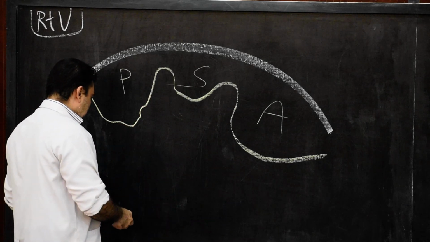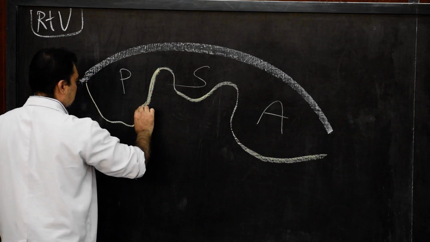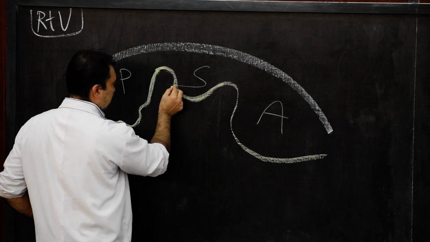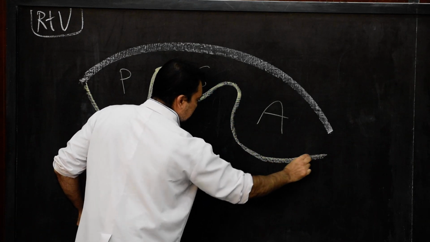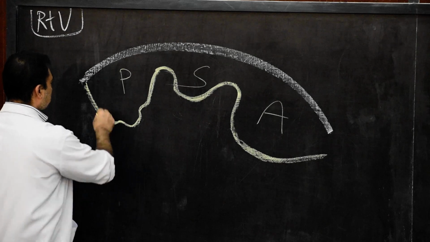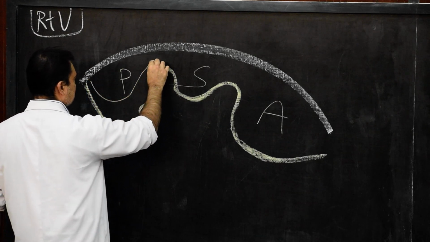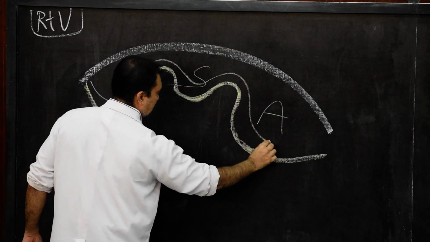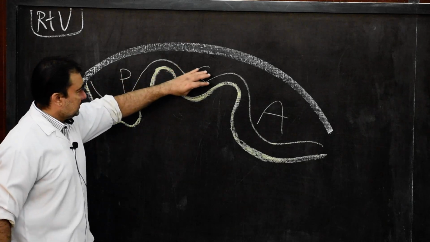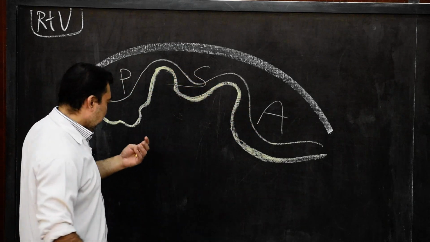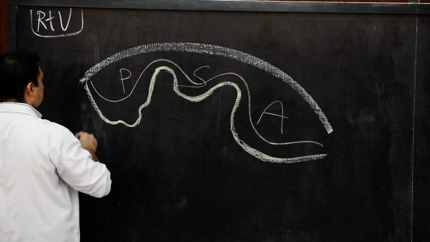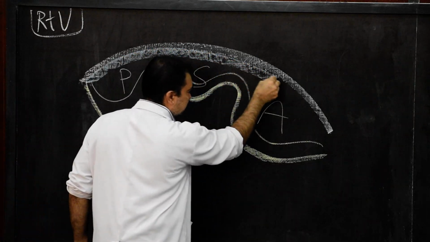Now here we are showing the thickened free margin. This is the free margin over here. This is the free margin, and just beneath the free margin is the rough zone. So therefore, here this is the demarcation of the rough zone over here, and then we show the clear zone just posterior to the rough zone, and behind that we show the basal zone. So in the basal zone, just to put that blue color, this is the basal zone.